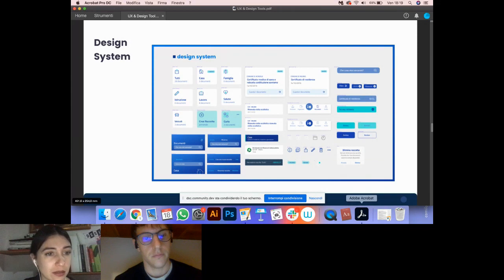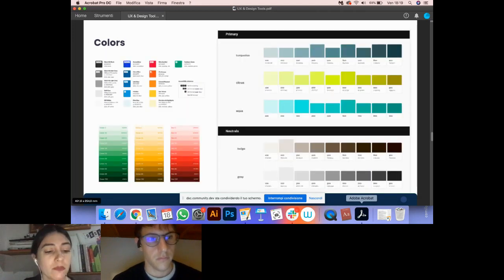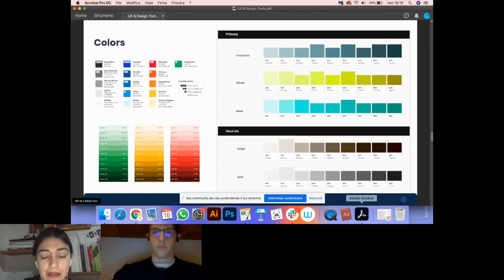Now, it's important: the atomic elements of UI are, for example, colors. It's important to decide a color palette. Usually, we define a primary color palette for the most important elements, like primary buttons, call to action, the most important icons, etc. Moreover, we define neutral colors, which are very important, like blacks and grays for the background.